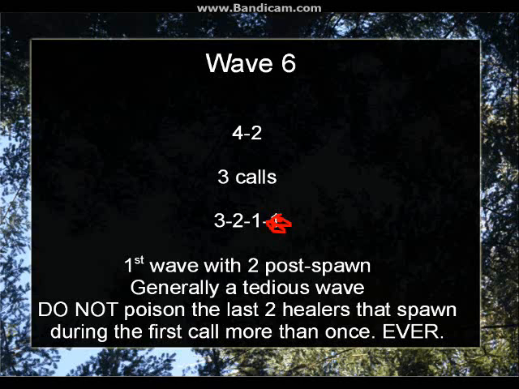The clip that I am going to show is going to save some food and not going to poison the last healer until the second call. But I found that doing 3-2-1-1 and then not restocking or anything, except sometimes you may want to have one correct food left over in case of a 1-2-1, but other than that, in my opinion, it's generally worth it to just spam it